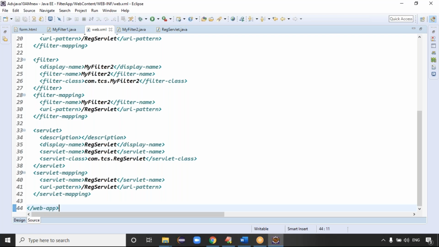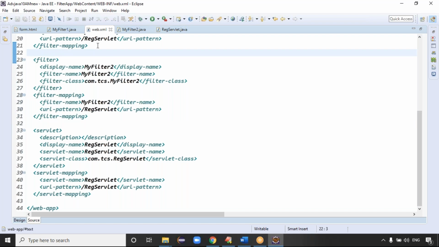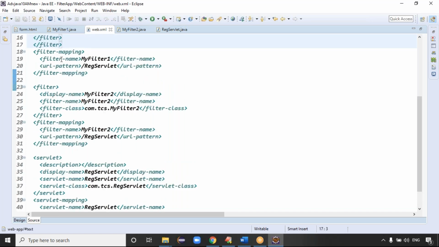Which parser do these XML files use? SAX parser, right? So definitely the parsing will take some time, and validations will take some time. That's why, to reduce the configurations in the web.xml file, we are using the annotation concept, guys. We are using annotations, right?